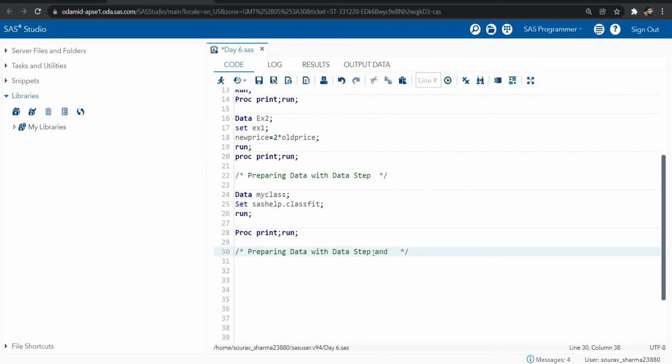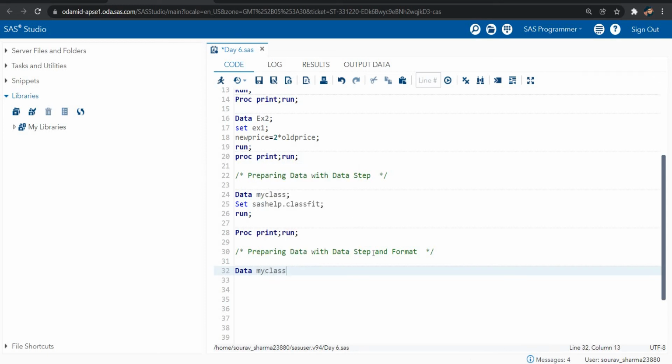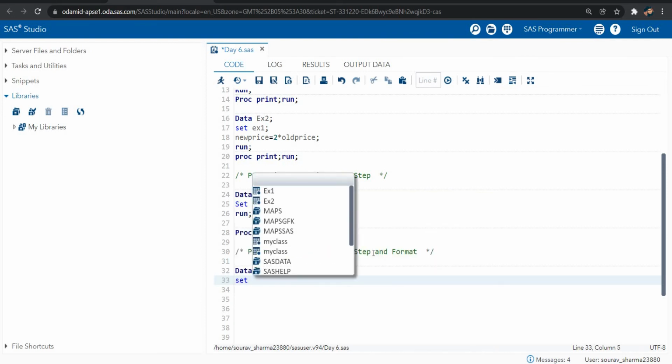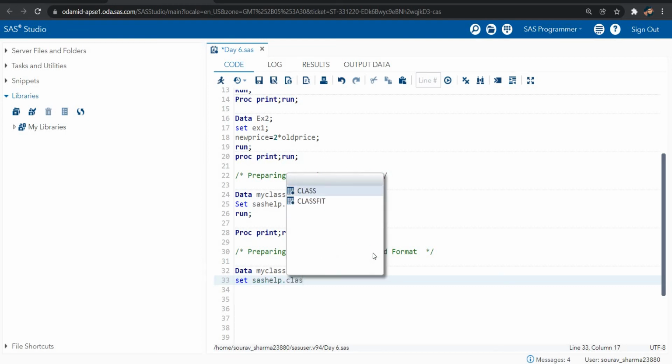And format. So let's suppose we have the same data, my class data. We are writing the set statement and taking the example of this SASHELP dot class fit. So this is my data.